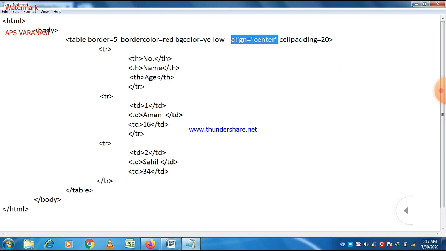Now align attribute can also work with th and td tag here, so you can also apply it with th tag. Here you can easily see that th, and here we just apply th align left, and you can apply it with td tag also.